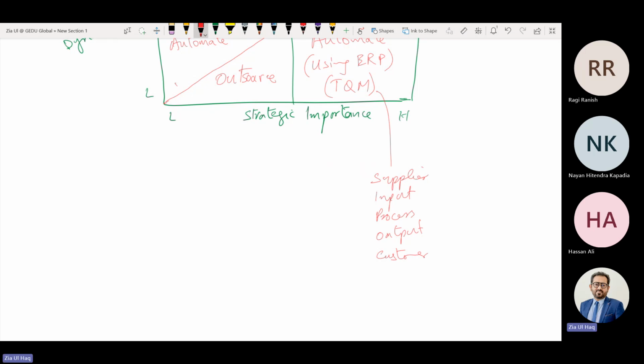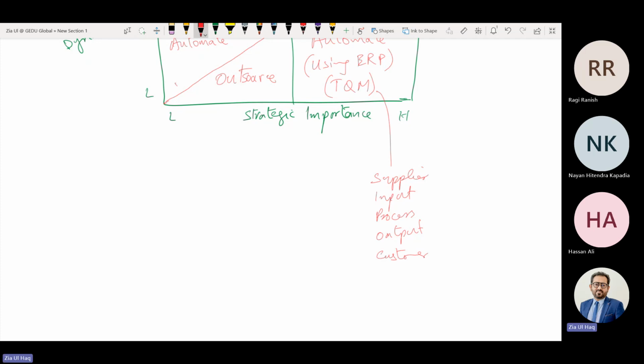Supplier: make sure the supplier is sending you high quality goods, high quality material. Input that is going into the process should be of high quality, not only material, labor is also an input. They must be highly skilled, trained, competent, experienced. Your process should also be high quality, not manual, but computerized, machine based. And your output should also be high quality, meaning perform proper testing of the finished products. If there are defective units, put them aside.